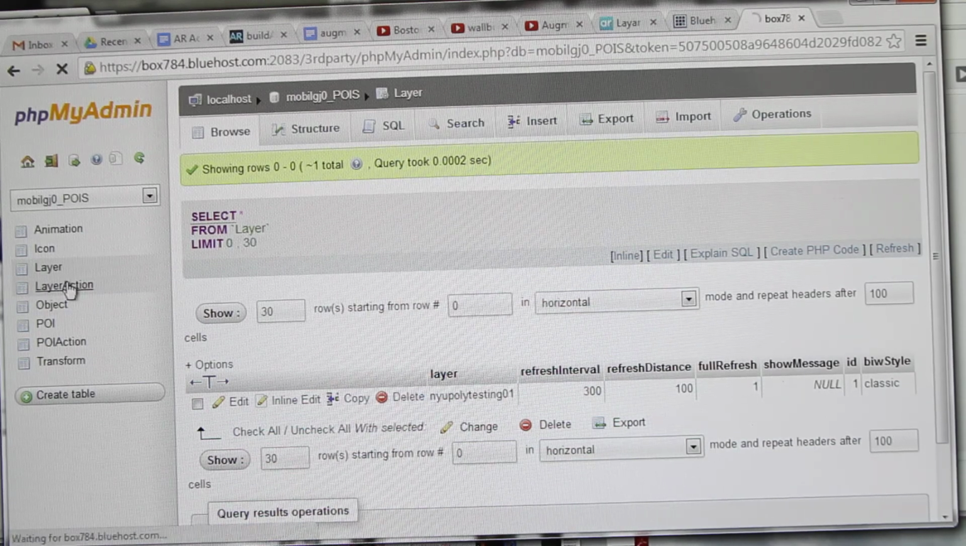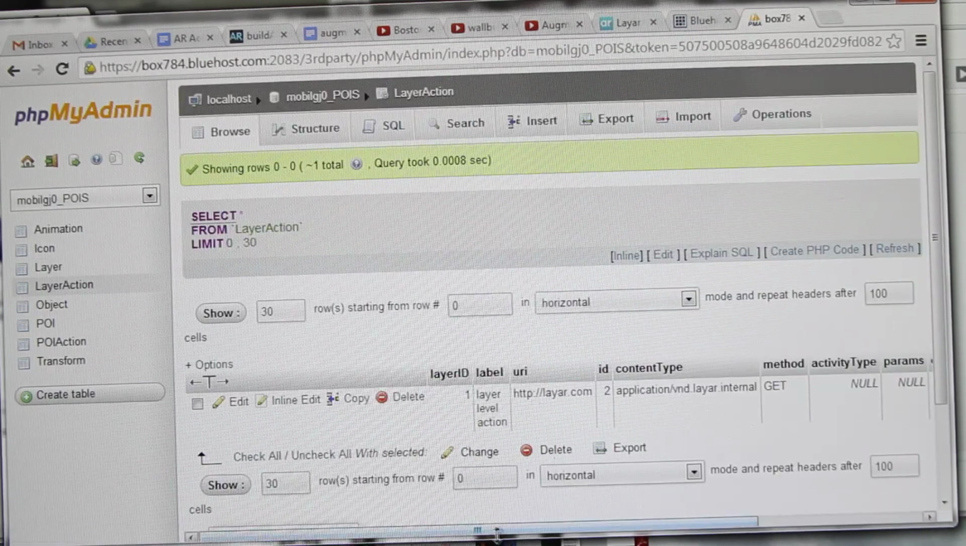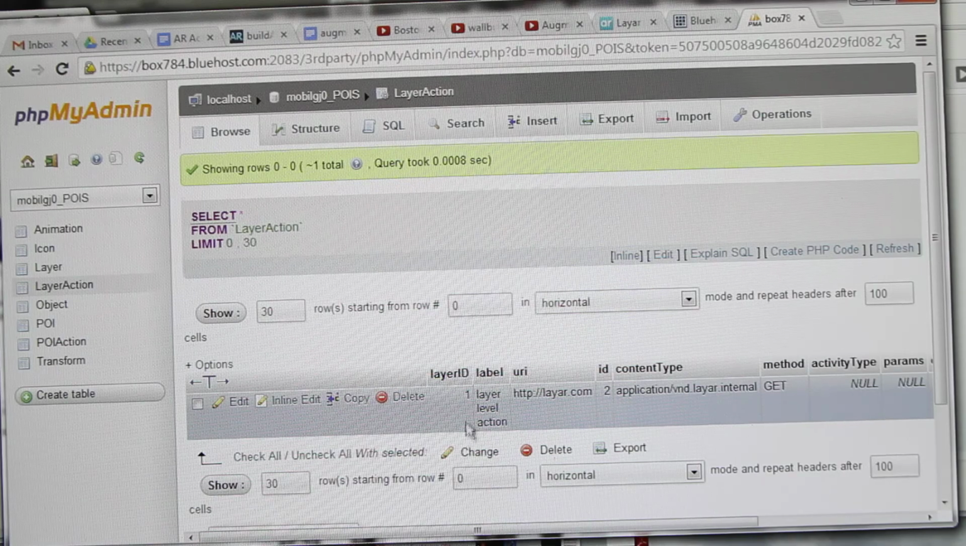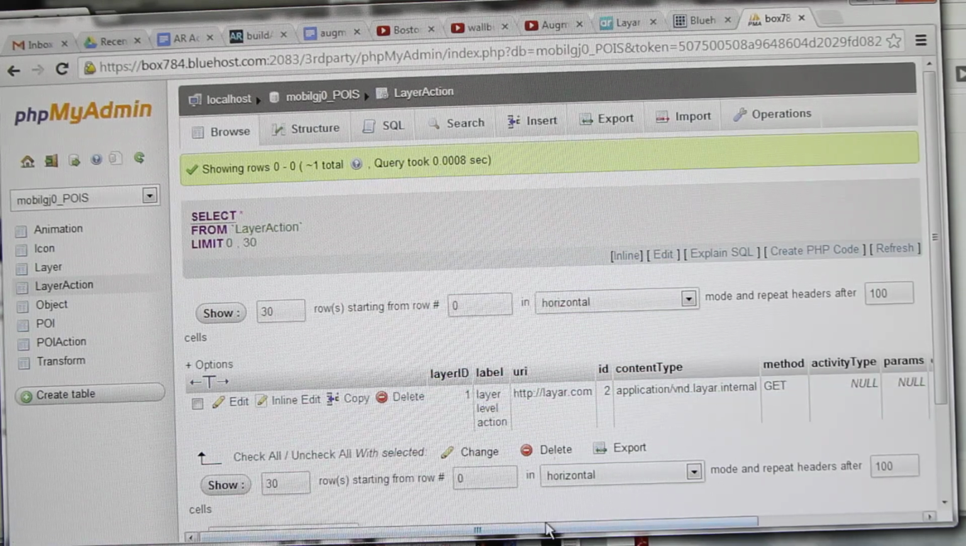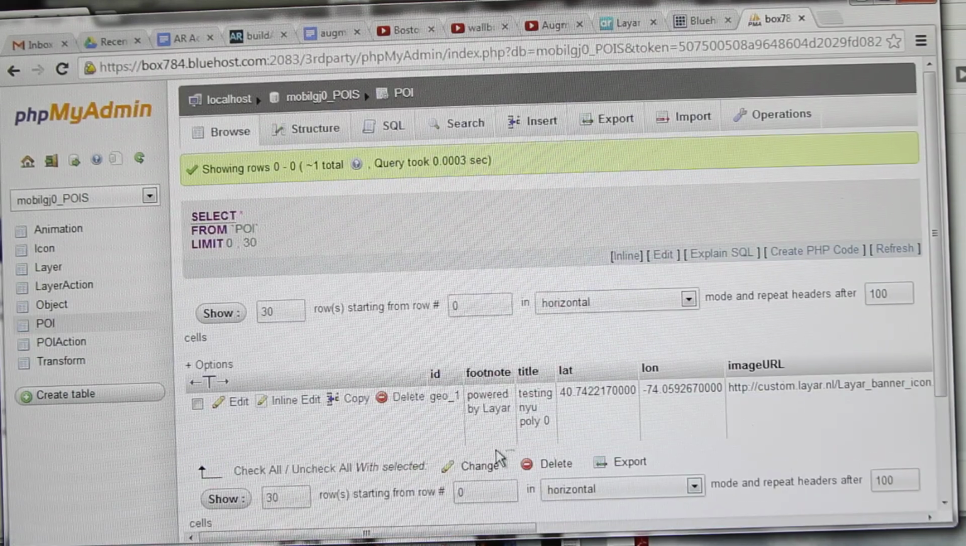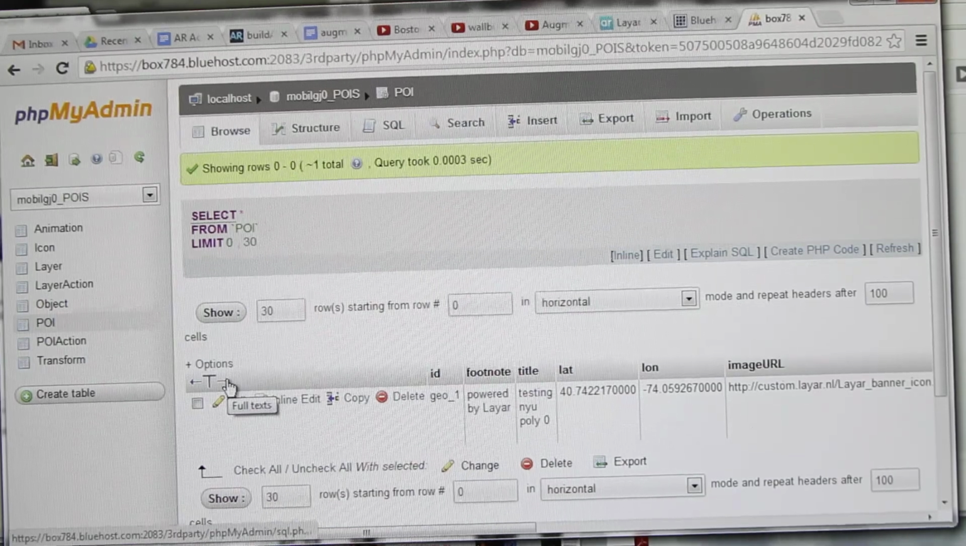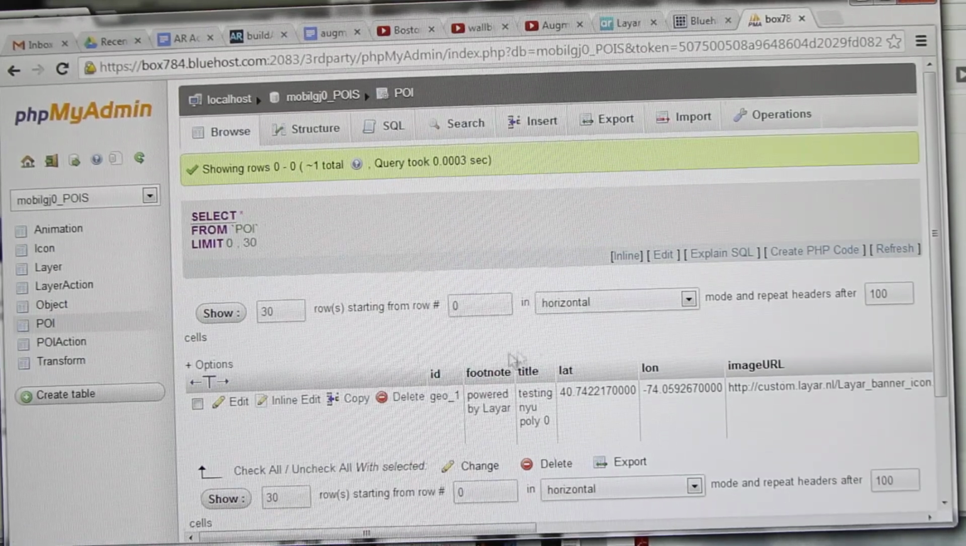Next thing is layer action. Here you have the layer ID, main one. And the most important thing here is that, one second, yes, the most important thing, you can double click it. You can even write this down, that in the POI